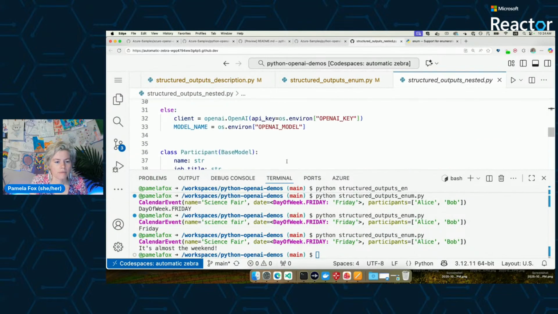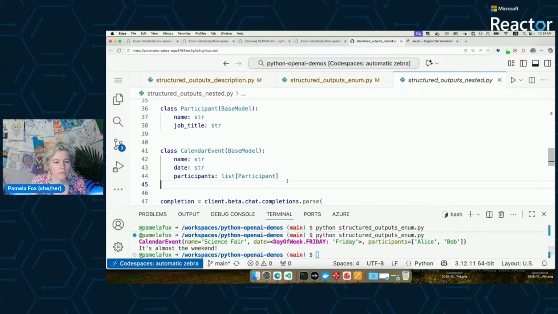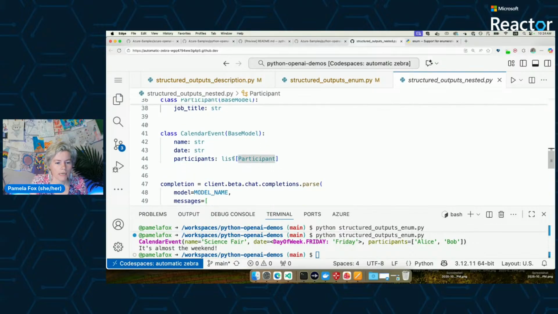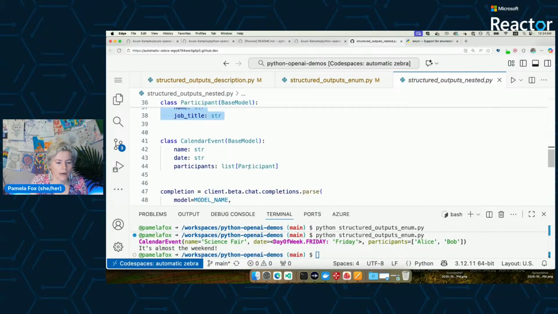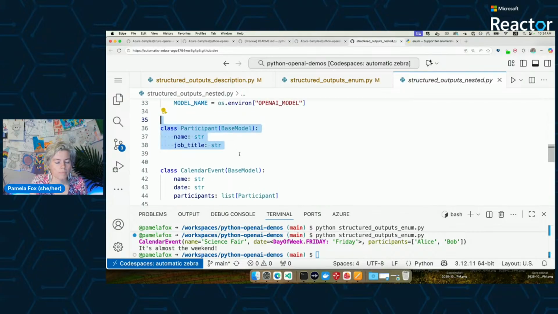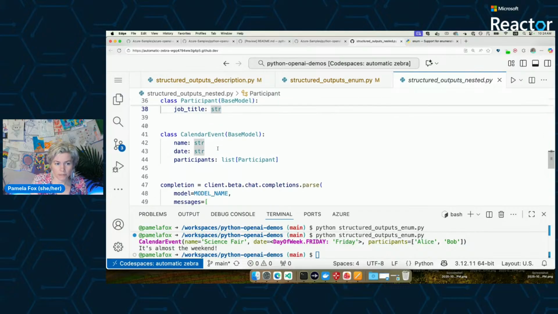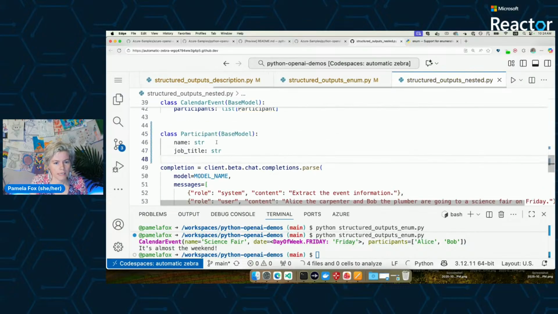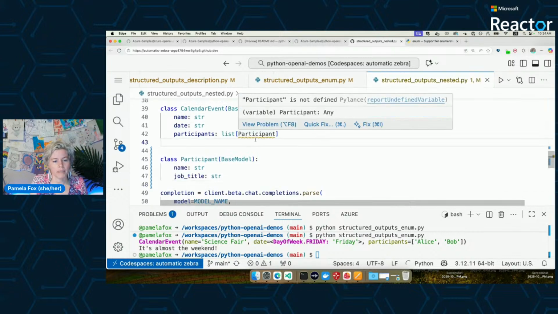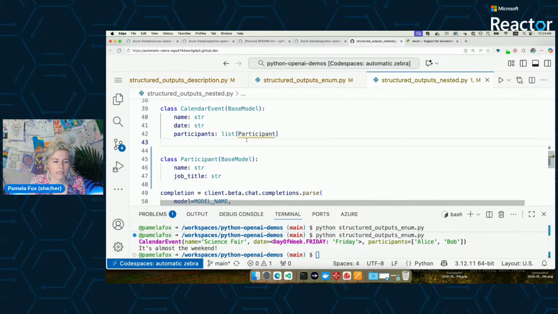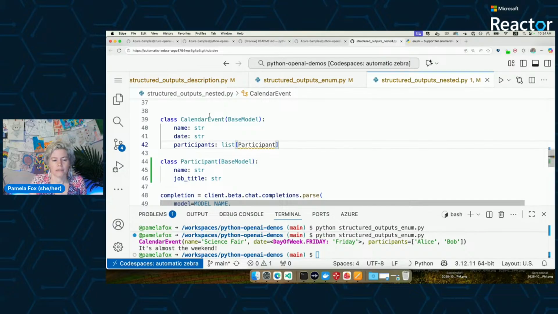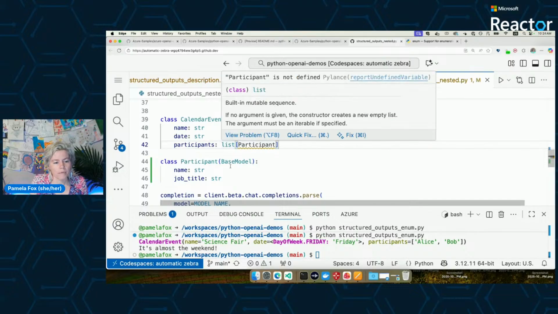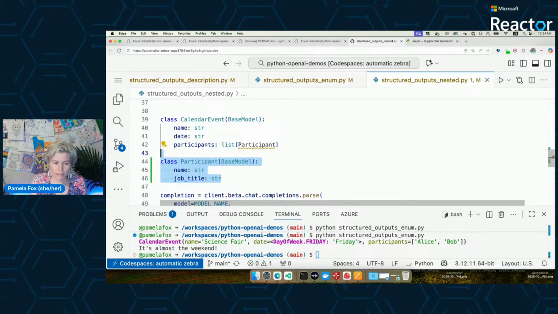And you can see we've got two subclasses of base model, and this list refers back here. So we do have to put the participants first, because if we did it like this, what you can see is going to happen is that it's confused, because the way Python is evaluated is that it reads everything in order. So you generally either need to order things correctly,